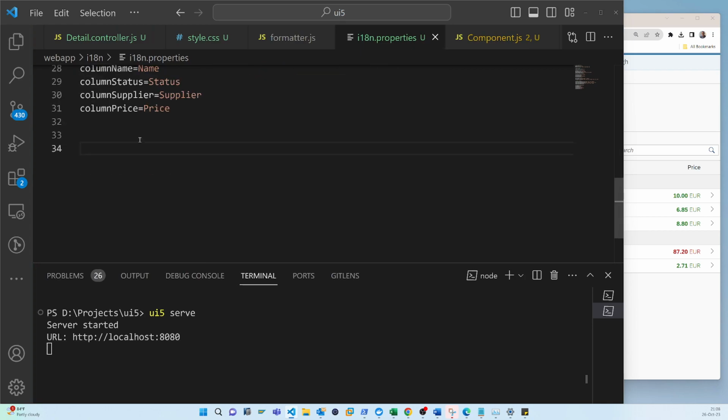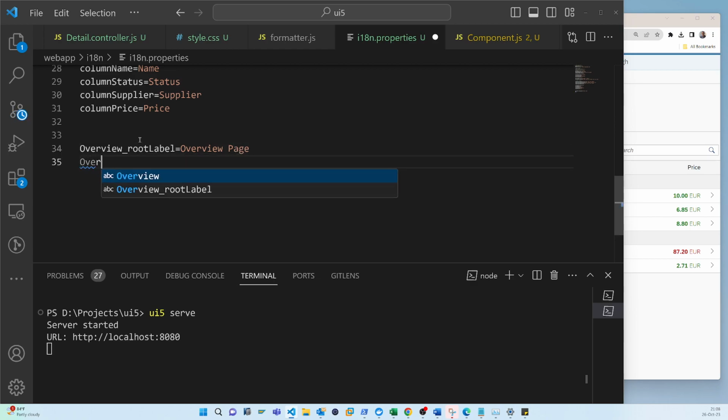This was overview root level, it is overview page, then overview header level, header, overview content level,